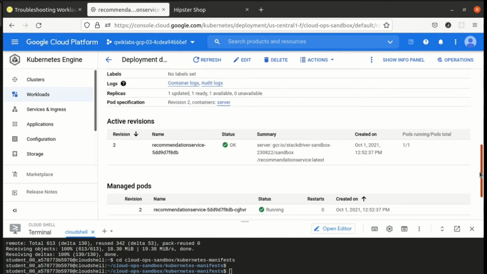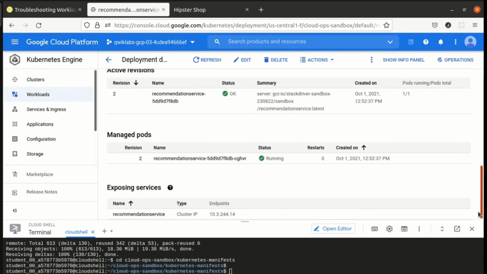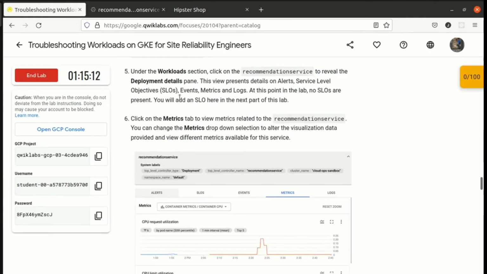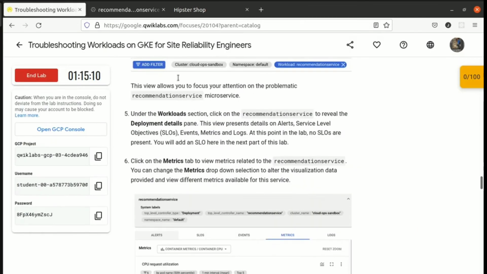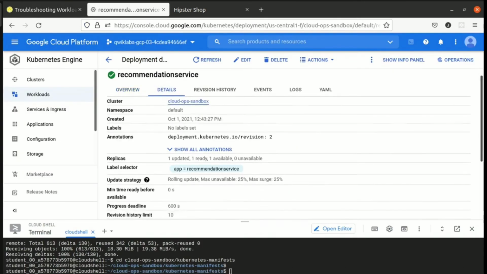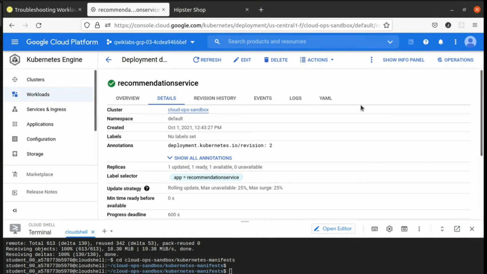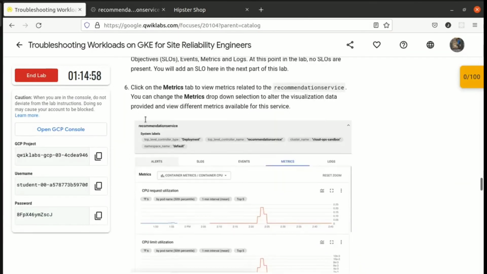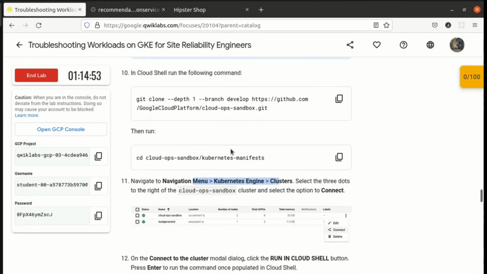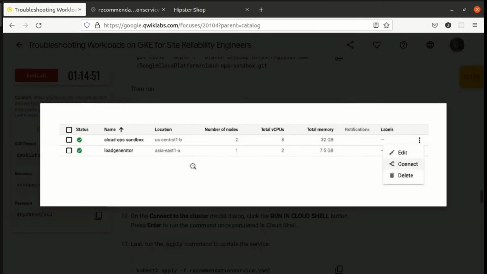Okay, let's get redirected over there first. Yes guys, we are done with this. We have run this command also.